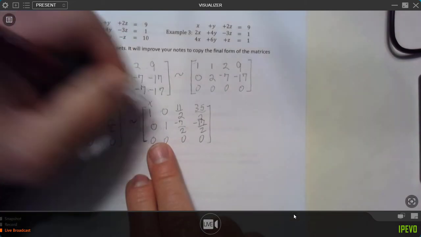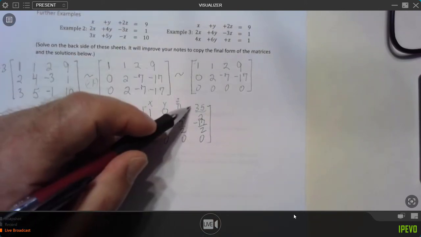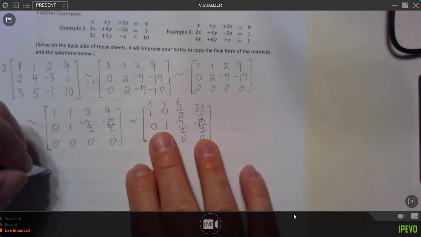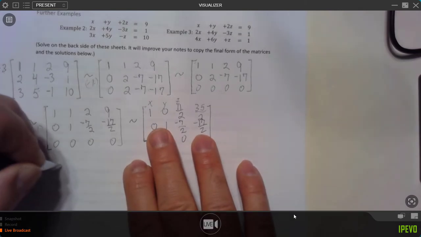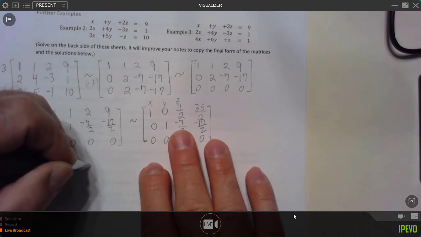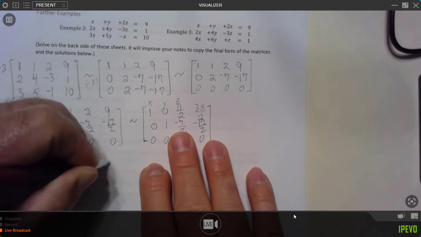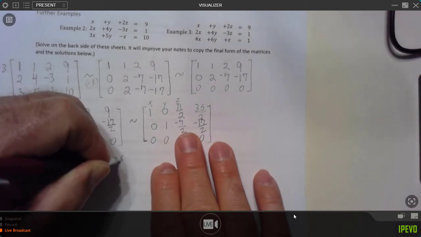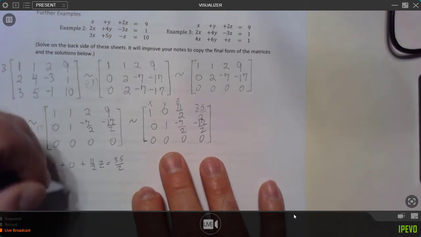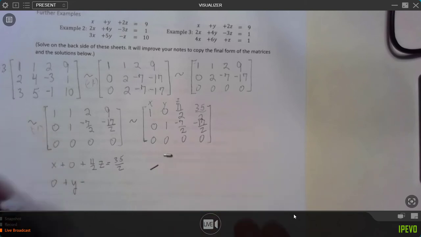So remember, this is x's here, y's here, z's here, and then we have equal signs, and that's the right-hand side of the equation. So this says x plus 0, or you could say 0y, wouldn't matter, plus 11 halves z is equal to 35 halves. This one says 0 plus y minus,